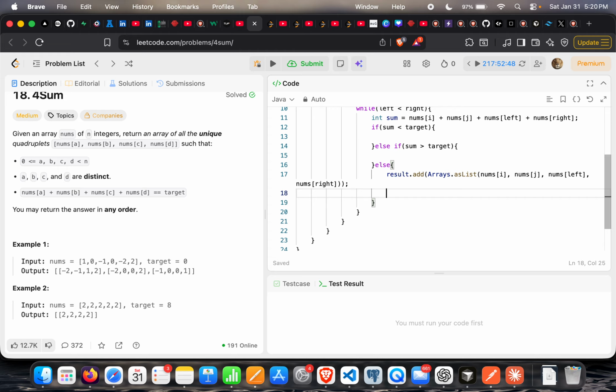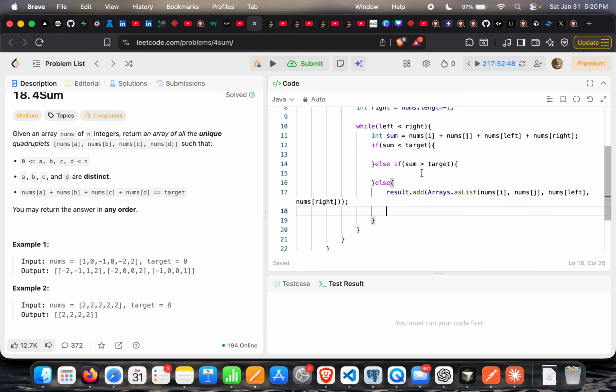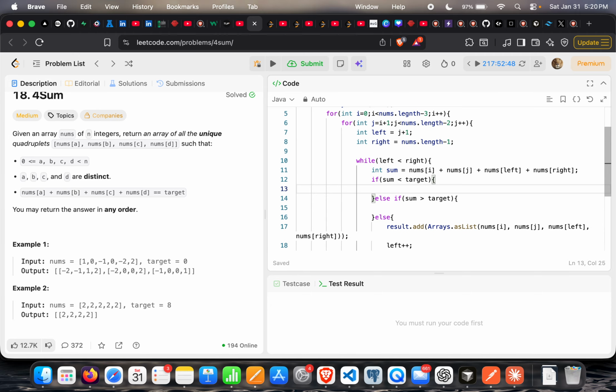Okay. Now we already added in the list. Now what we do is we have to increase the J. We have to increase the left. We have to decrease the right. Sorry. Increase the left and decrease the right. Now this part is completed. Now what do we do if we get any duplicates? So if it is less than target, we already know the array is sorted. So if it is less than target, somehow we need to increase the sum. So to increase the sum, we definitely have to put left plus plus,